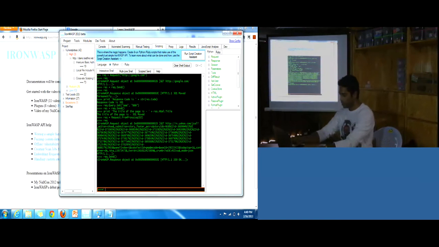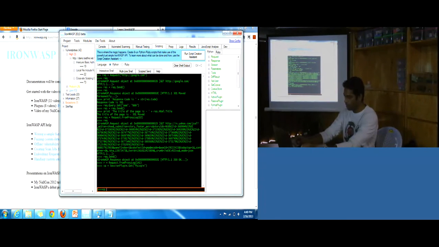I'll say r equals request from proxy log 141. Now I'll use the session plugin that I created. I'll say session plugin .get, and I'll give the name of the session plugin. The name is PyLogin.